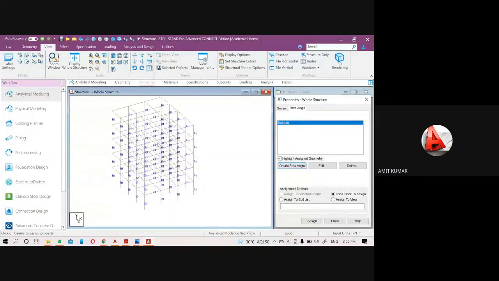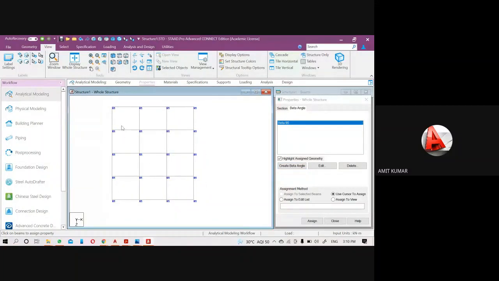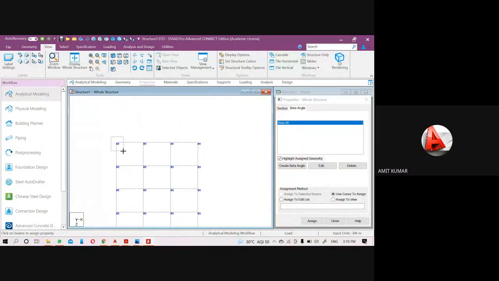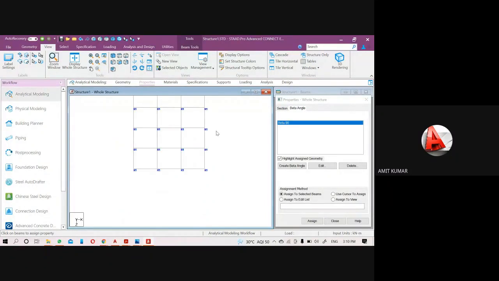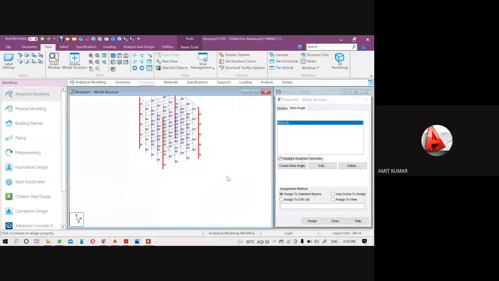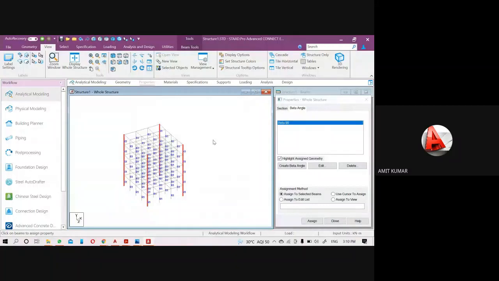Now select the beta angle, then come to the top view. I want to change the beta angle for this column and this column, at the corners. So now all the corner columns have been selected.